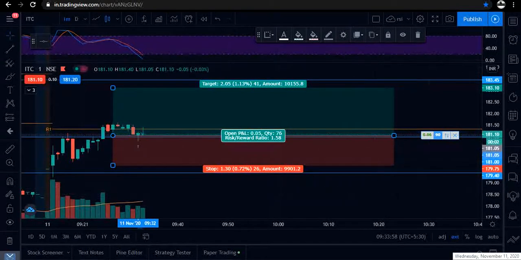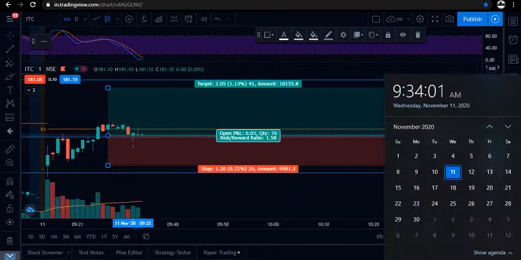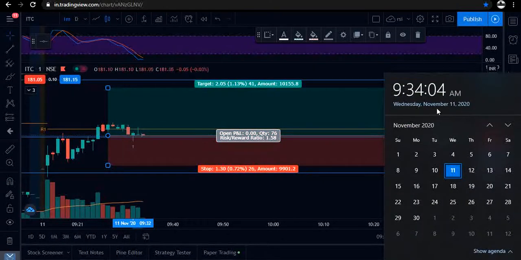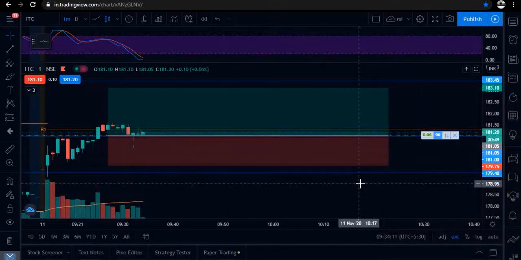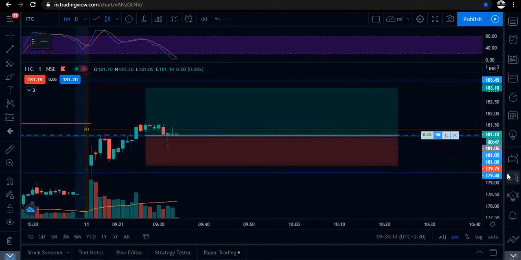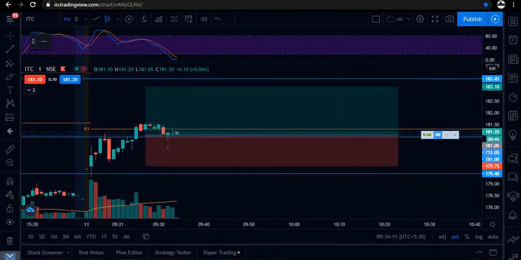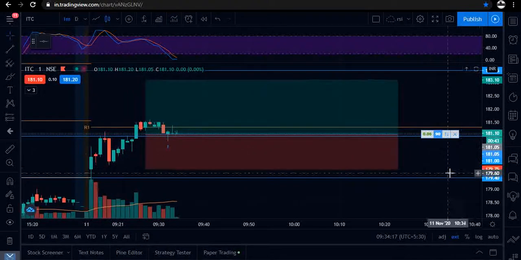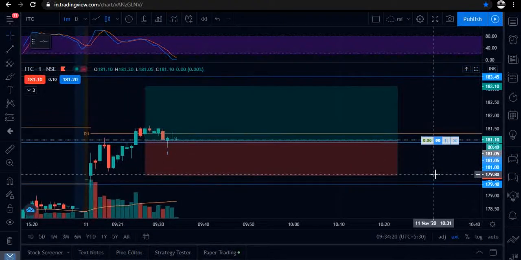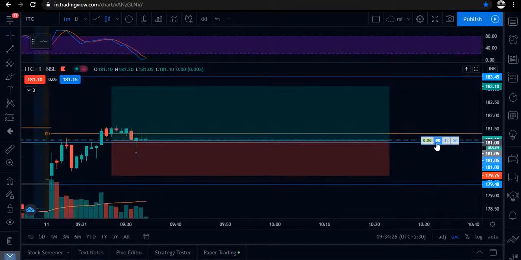So now let me show you today's date and time. Today is 11th of November 2020 and currently the time is 9:34 am. Coming on to today's trade, we have ITC and we have traded in it. Traders, today my view is for the buy side in ITC, and I have traded with 90 quantities